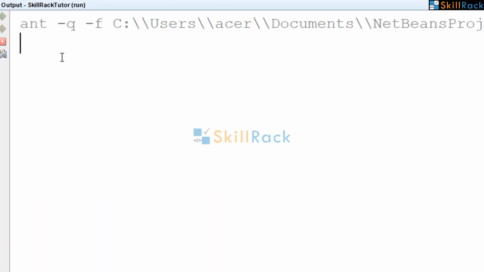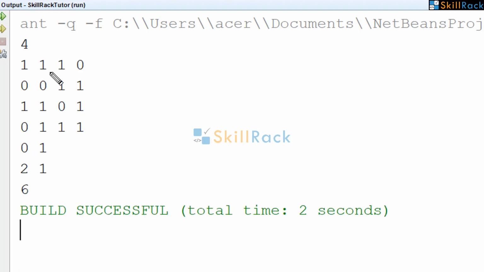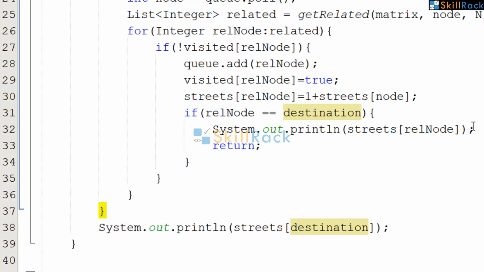So now let's execute the program. For this, the answer is 3 because this is the source and this is the destination. So first street, second street and third street. So the output is 3. For this example, the output is 6. So source is 0, 1, which is this, and destination is 2, 1. So it is this. To come here, first street, second street, then third street, fourth, fifth, sixth. So the program works fine. So based on our discussion, please solve the program.